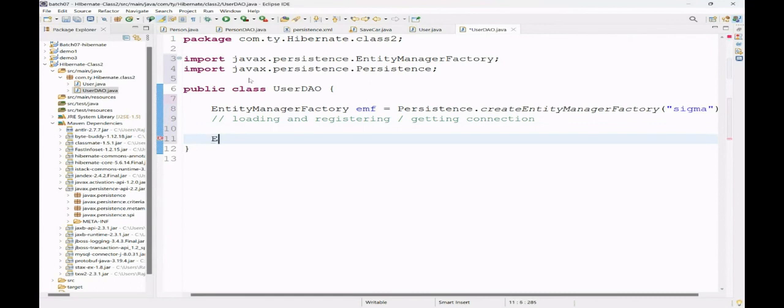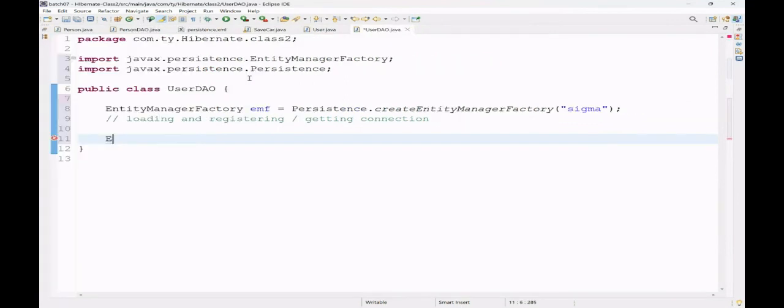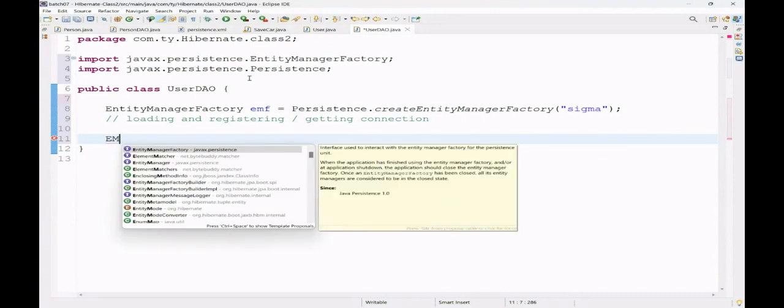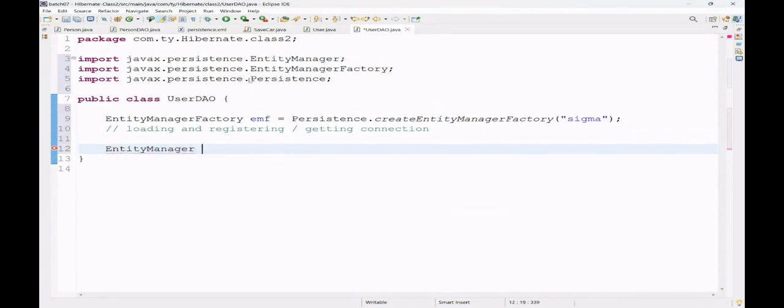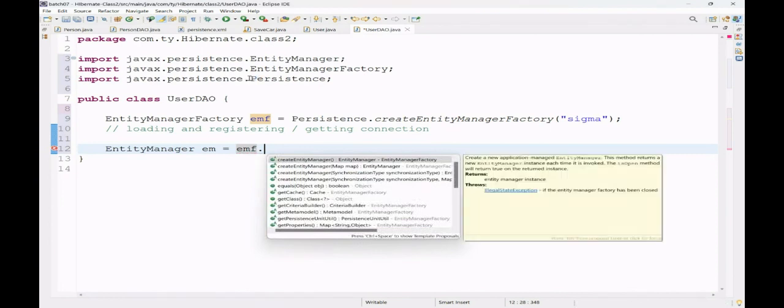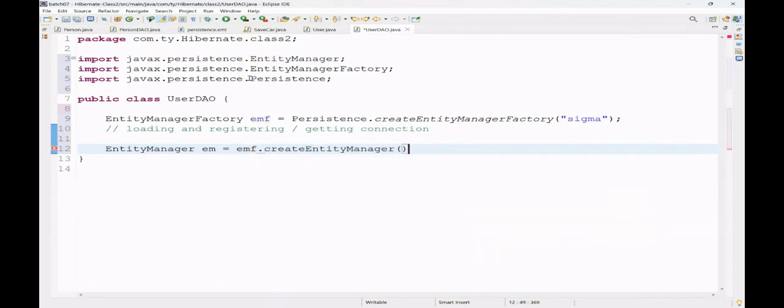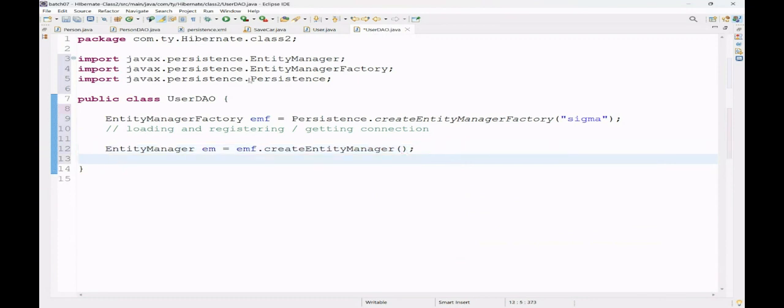Next we have to create an entity manager type variable through which we can use our CRUD operation methods. This entity manager type object is given by our entity manager factory object, that is EMF. It has a method called createEntityManager. It is a non-parameterized method, and this will give us access to methods such as